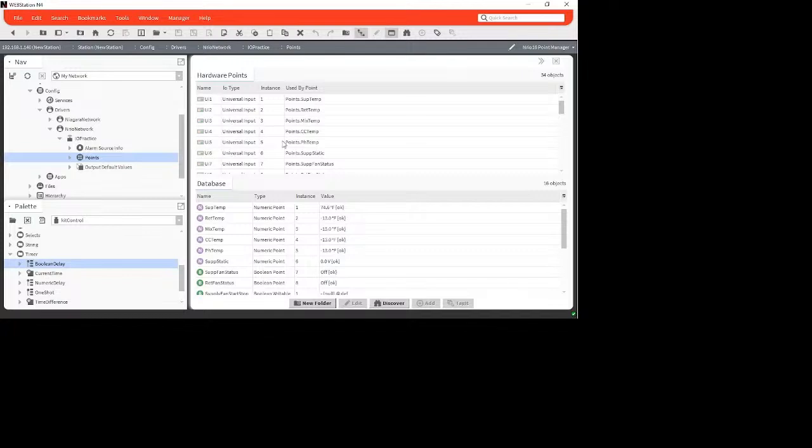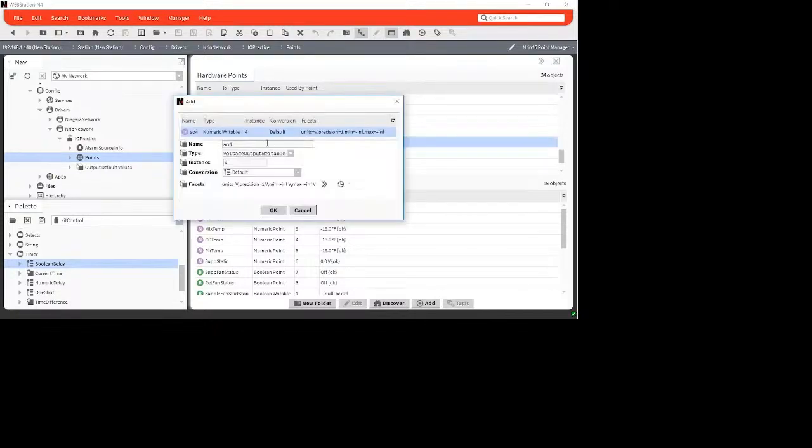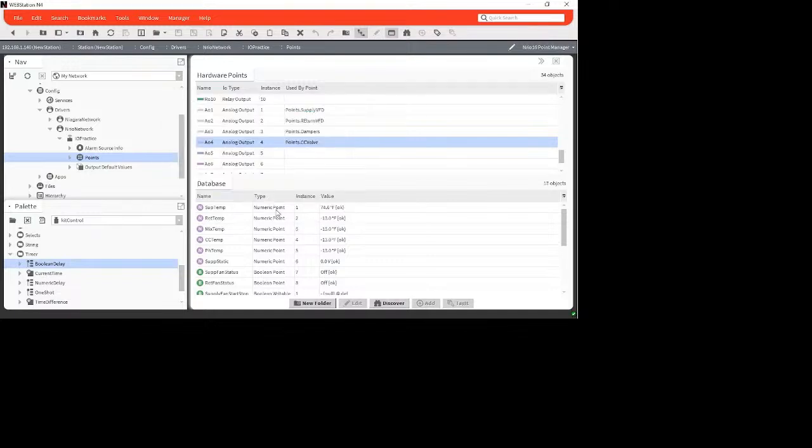Back over the points and VFD supply, we'll add our to our analog outputs, and we'll have our CC then. After adding our cooling valve,